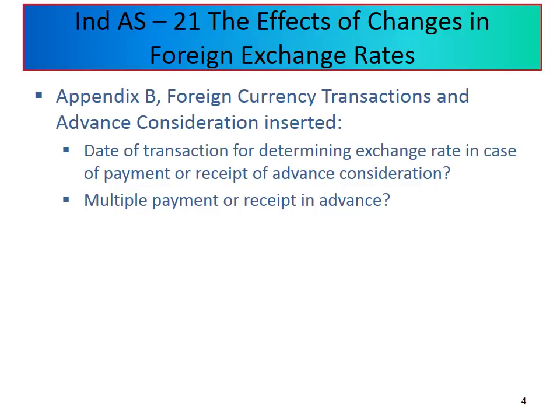A company has made a sale of $1,000. The purchase order was entered on 10th March 2018. As per the order, the transaction amount is $1,000. 50% of the amount was received on 10th March. The goods were dispatched on 15th April. So the company has received $500 as advance from the customer for goods to be delivered in the next year.